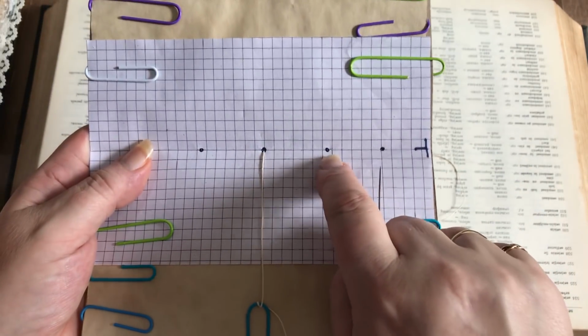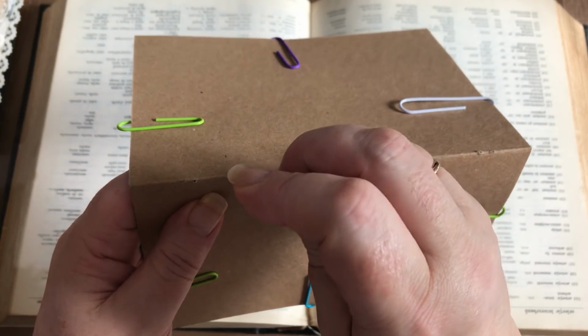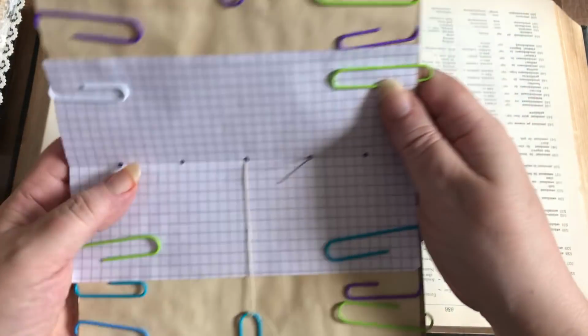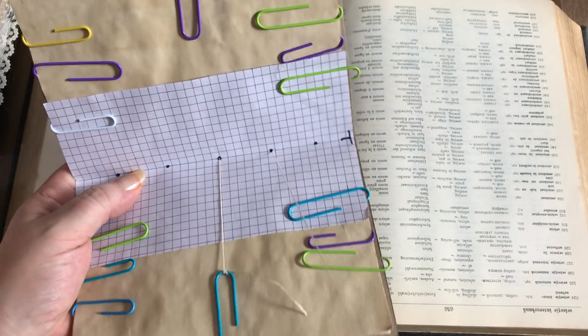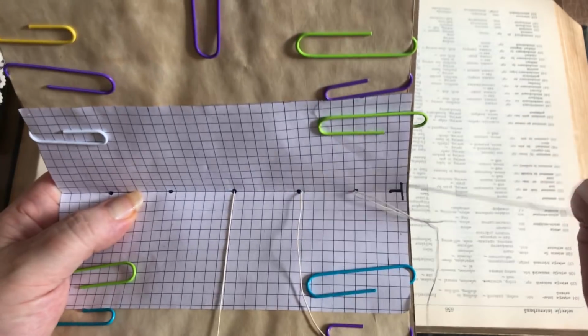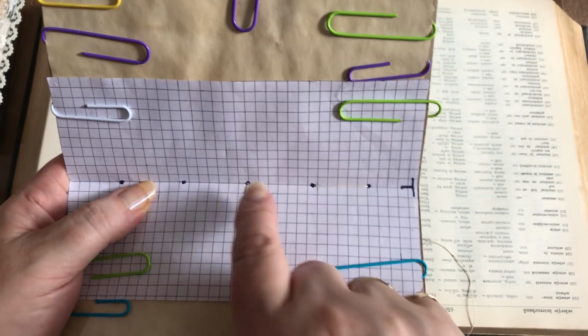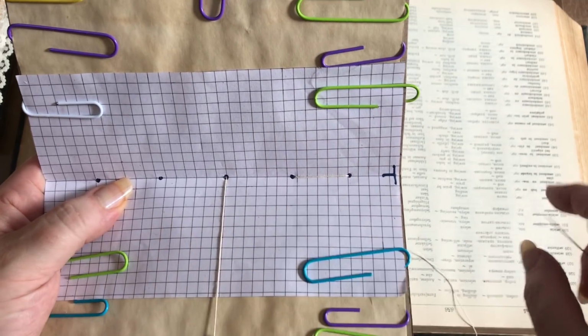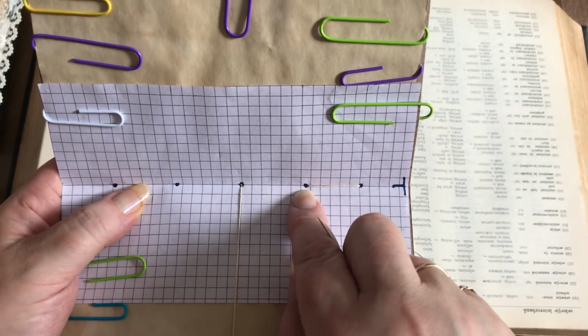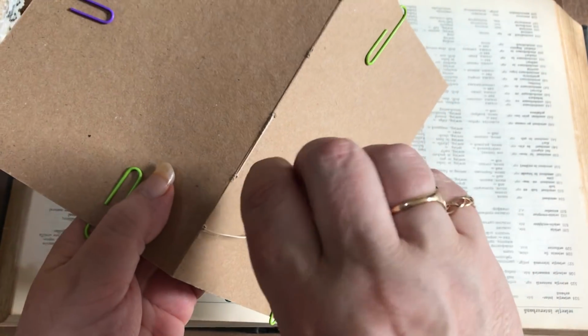I'm then going to come up at this one here. So I'm just going to bend it over and go through that hole there, and then go down the third hole. Okay, so I've gone down that one, up that one, down that one. I now need to come back up at this one because we've worked up and now we're working our way down. So I need to go back down into that hole,